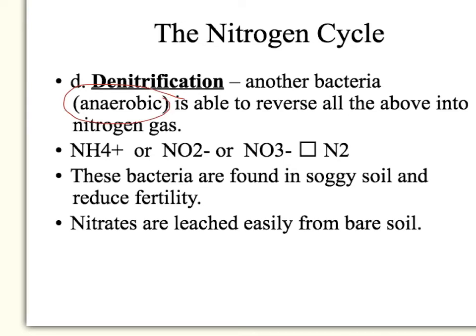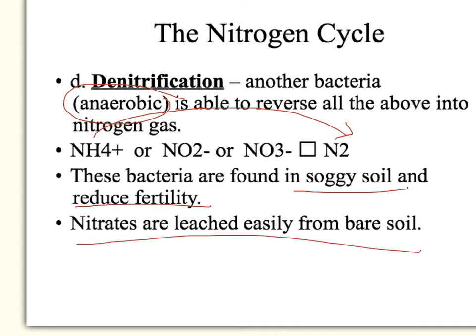So we find these bacteria in soggy soils, and when we have that soggy soil in that environment, so again we're going to go opposite here, the denitrification process. It generally reduces the fertility of the soil, and so what we find is these are generally found like in bog areas,